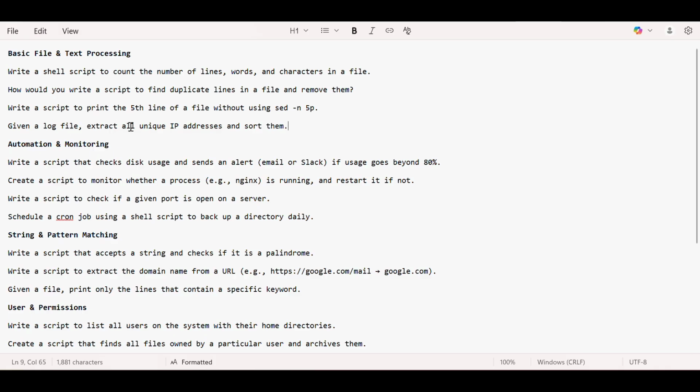Given a log file, extract all unique IP addresses and sort them. So there is a log file, and you have to extract all unique IP addresses and sort them. So this contains two things in one.